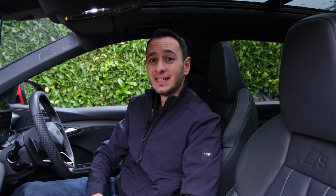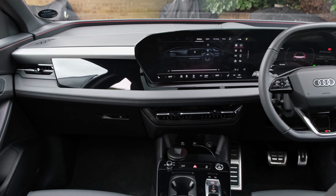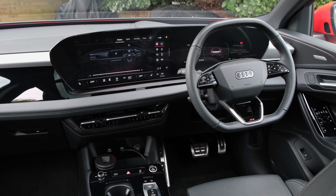Now, to kick things off, we have to talk about its audio configuration, and the amount of detail that's been shared about the stock 10-speaker 180-watt system is pretty limited. Although, going based on my previous information that I've found on the other e-tron vehicles, here you have got audio drivers that are found at the front and rear of the cabin, and you've also got a subwoofer, which is